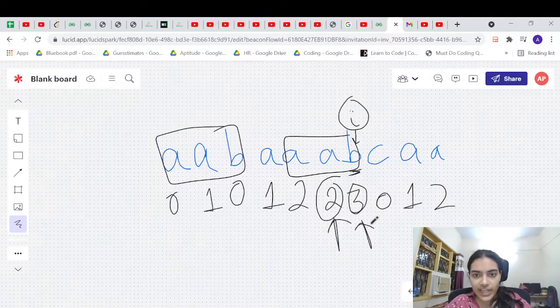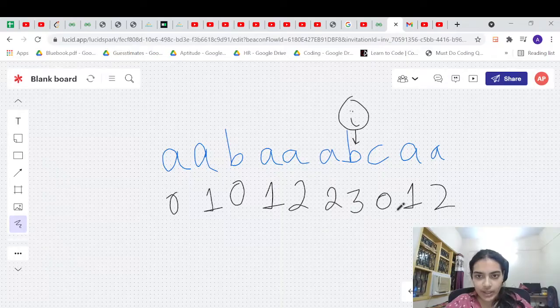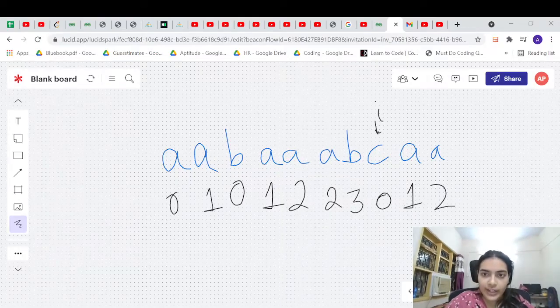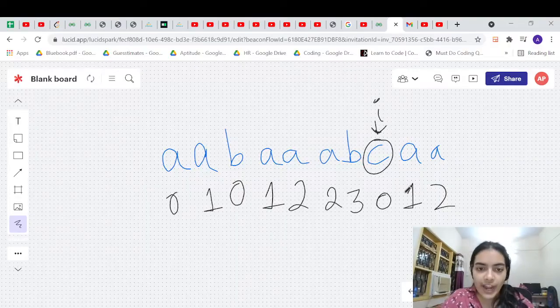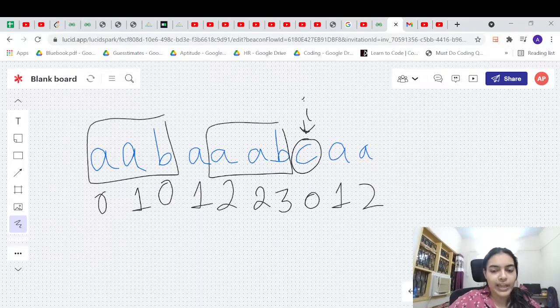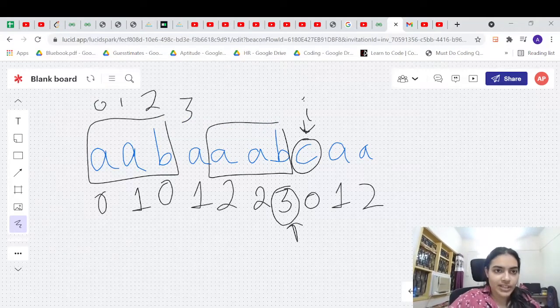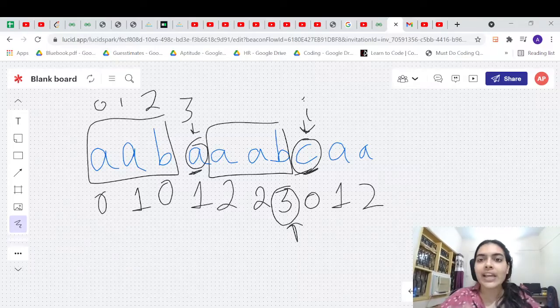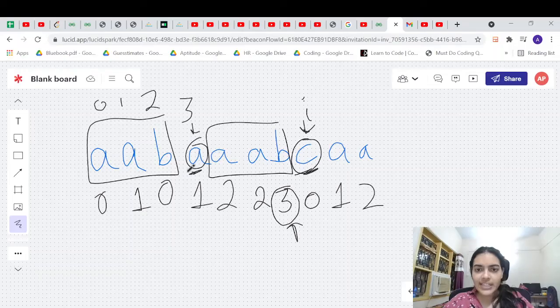So for example, j is equal to 0. In this particular case, when we took this particular value for i, what are we actually doing? We know that three characters are matching because we went to the previous value and saw that three characters are matching. AB is equal to AB, so we went to position number 3. From index number 3, this is A, and we tried to see whether A is matching with C or not. In this case, A and C are not matching.